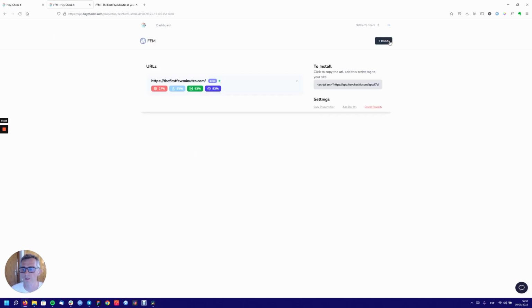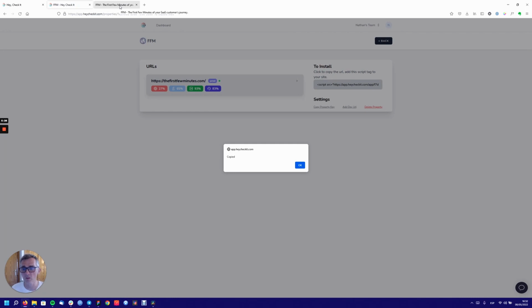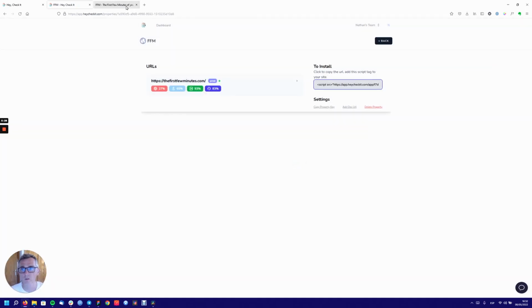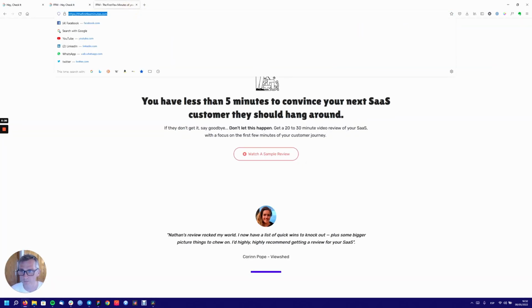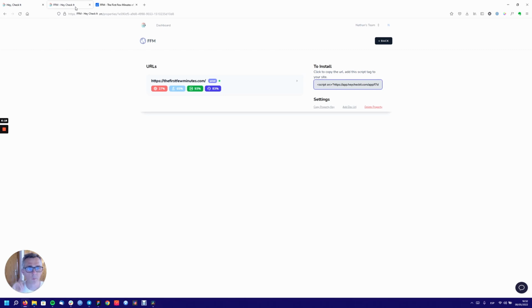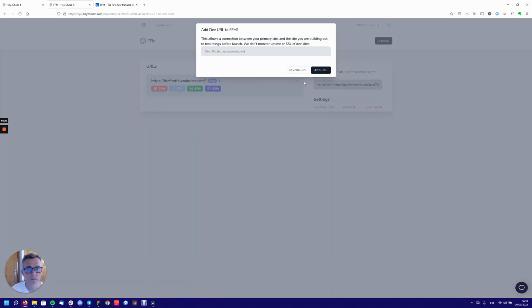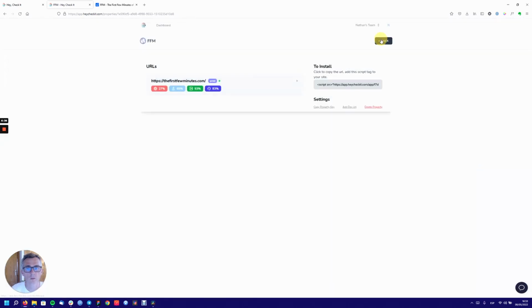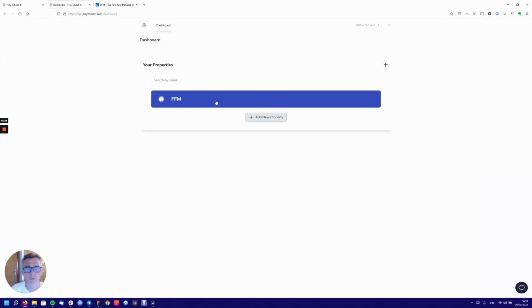There's nothing clear. I think the big problem here is the lack of explanations. So look, I'm going to go ahead and install this on my site. Okay, so I have this published now on my site. Settings, copy property key, add dev URL. This allows a connection between the primary site and the site you're building out. Okay, so if I go back now and this has been copied,